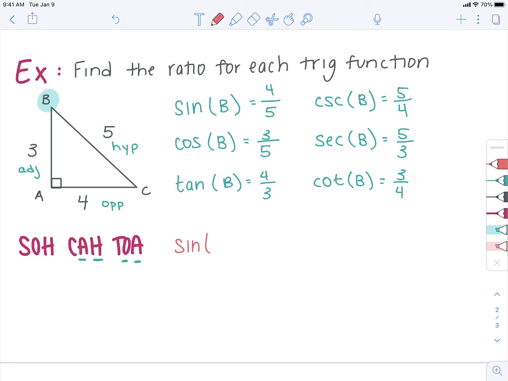What if I asked you to find the sine of C? C is down here. Is the sine of C going to be the same thing as the sine of B? No, because now my sides are going to change, right? Now my opposite side is 3, and my adjacent side is 4. So my sine is going to be 3 over 5. Good. So you have to pay specific attention to which angle they're asking you for, because that's going to change which side is your opposite side, which side is your adjacent